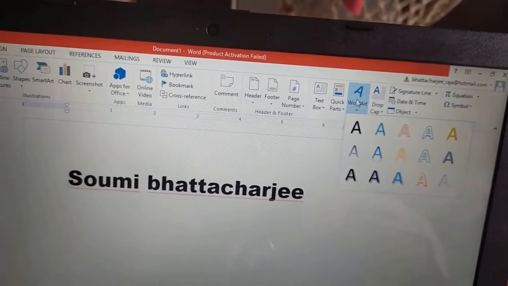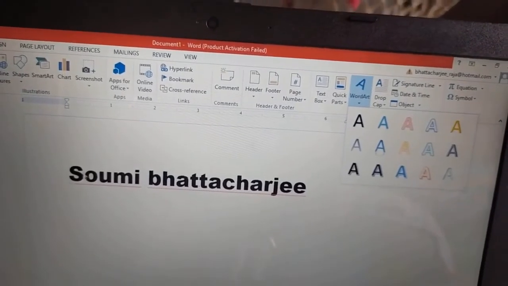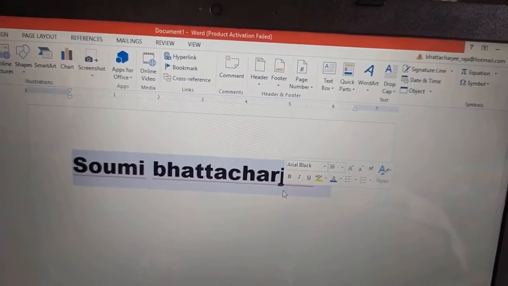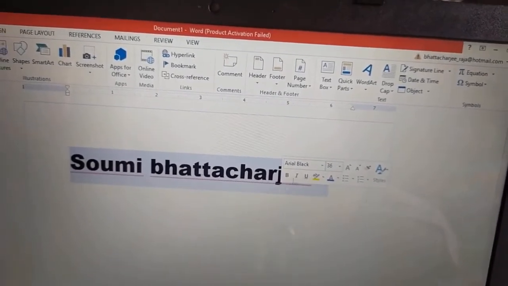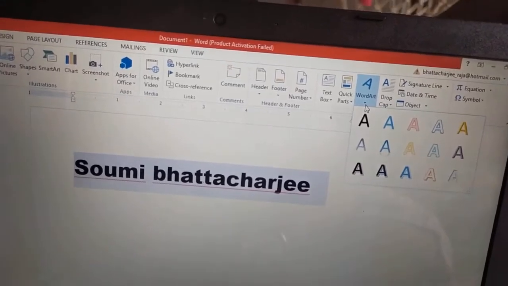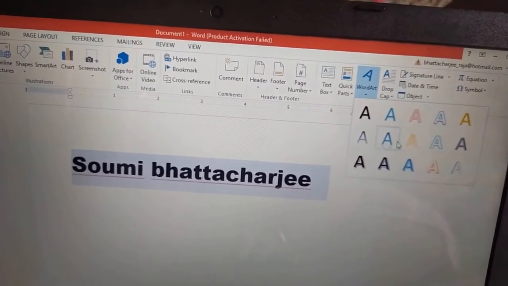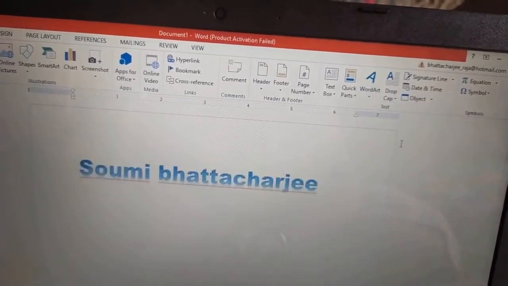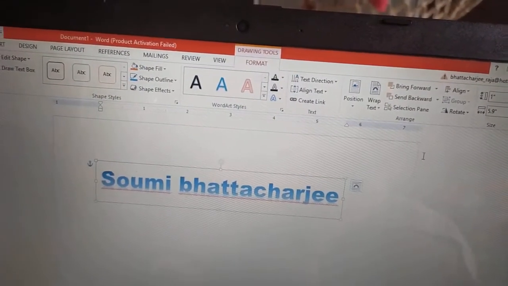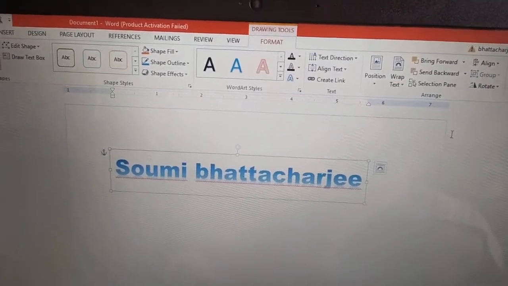Now before that, we have to first select our text. Done. Now click on the Word art option. All the options are shown over here. Click any of the options and it will be changed into that format.